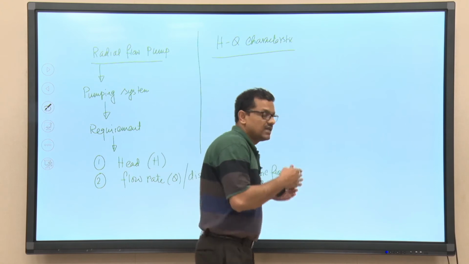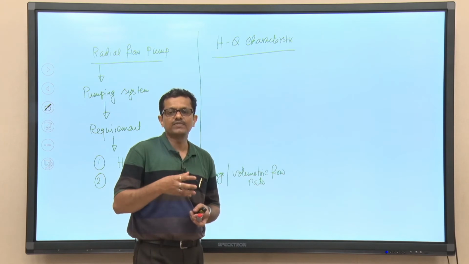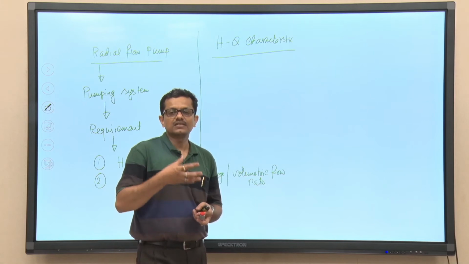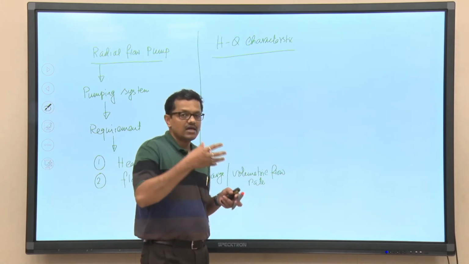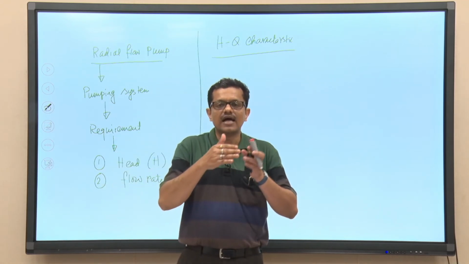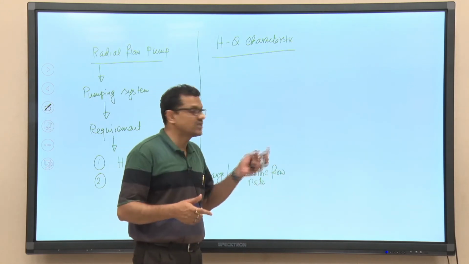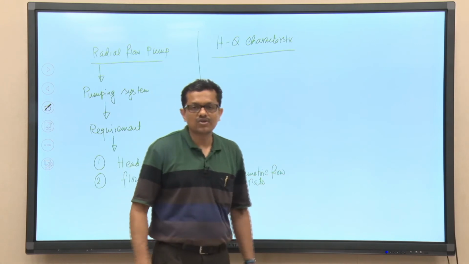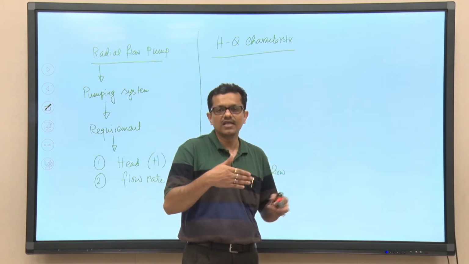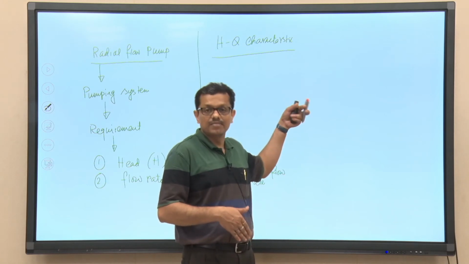So, that is why it is very important that once the pump is manufactured based on the input from the pump designer, then the pump should be tested, and from the testing procedure H and Q should be calculated, and based on that, an H-Q curve should be prepared, and that H-Q curve should be supplied along with the pump to the pump supplier, so that whenever the pump supplier is purchasing or selling a particular type of pump, he or she should be in a position to provide this HQ characteristic curve to the system designer or